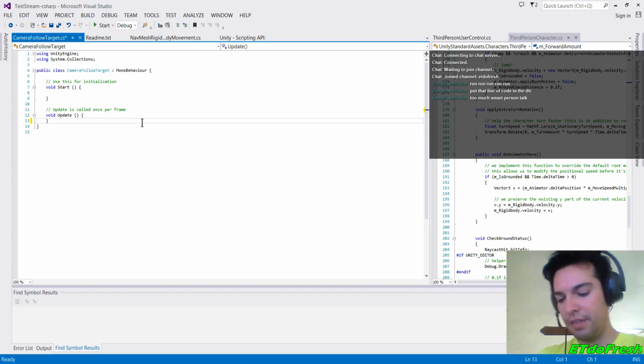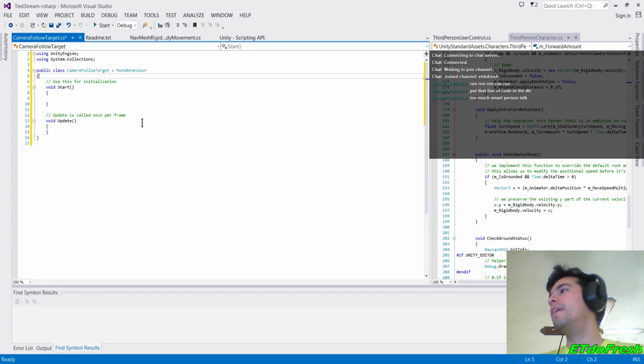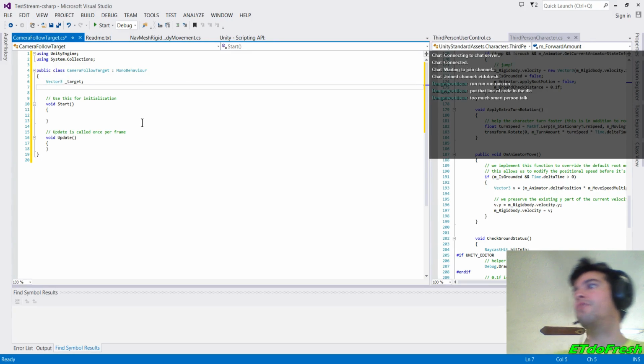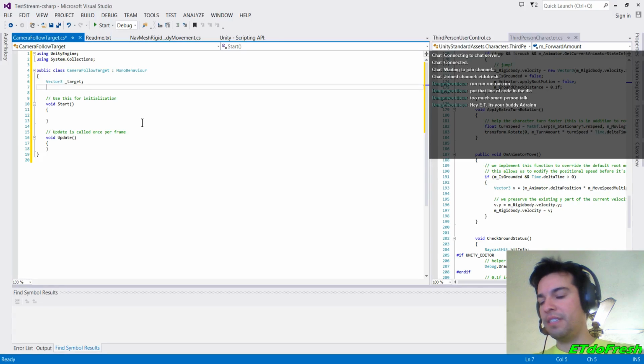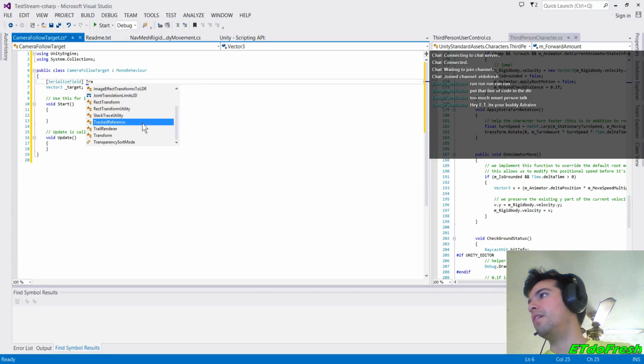Alright, so we got a new Unity function here, camera follow target. What are the things we need? We're going to need a target. So it's going to be just a Vector3, nothing special, not really an object or anything, just three numbers. Where is the target? We're going to attach this to the camera, so we don't really have to worry about its position because that's part of the transform, the built-in transform function. So we have the camera, the target, and then we'll call this a serialized field. And this other, which I'll just call transform, will be,